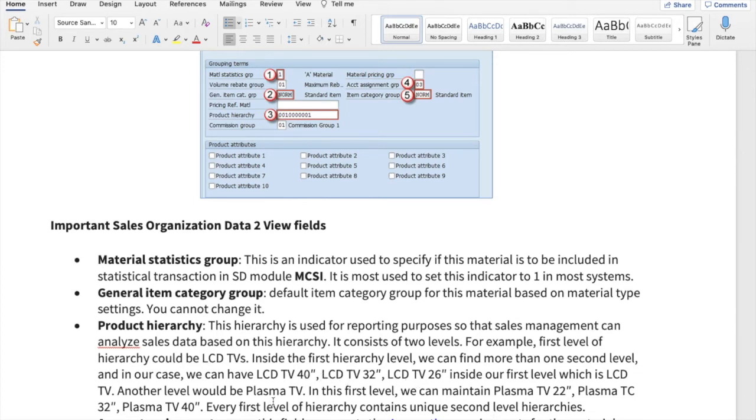All of them will come in the product hierarchy. Now under LCD TV 26, you can have a plasma TV. So another product hierarchy below will come. So depending upon these numbers, you can decide the hierarchy on the higher level, then the next level, then the next level, and these numbers change. So those product hierarchies are important actually.